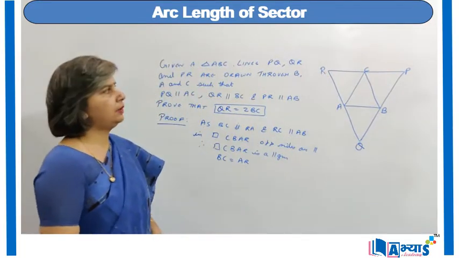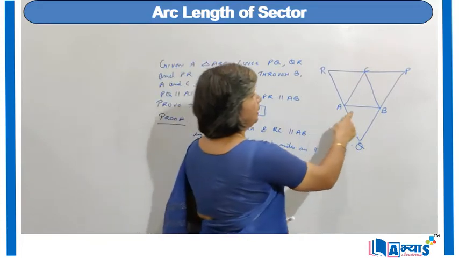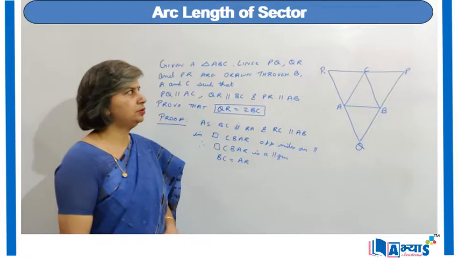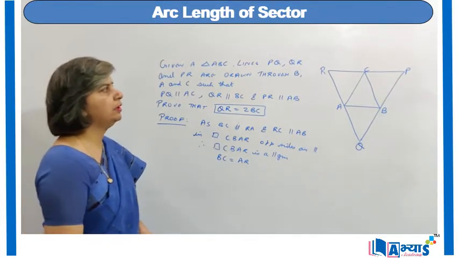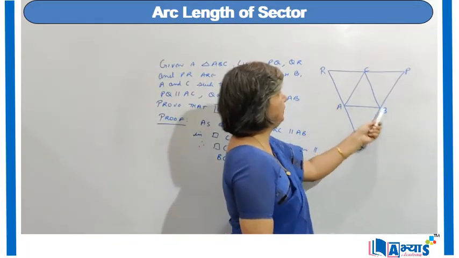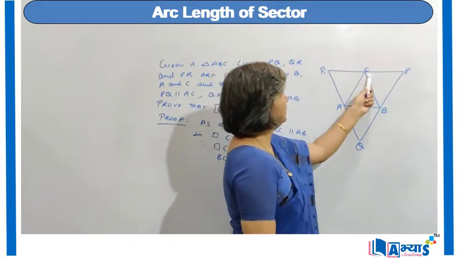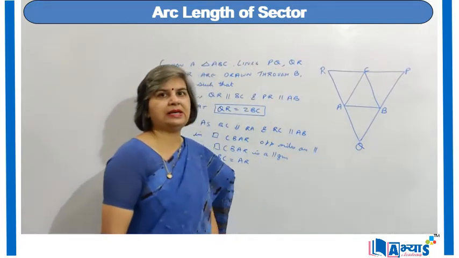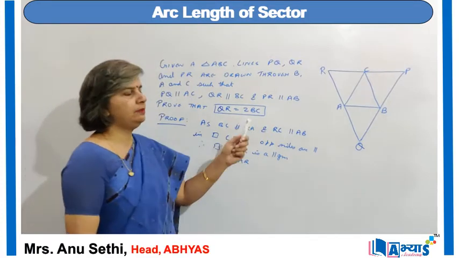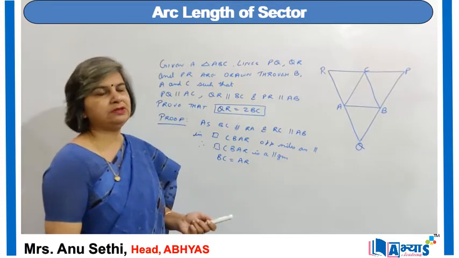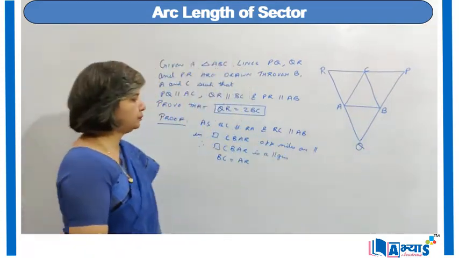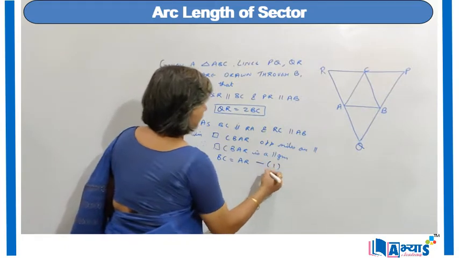Now BC is parallel to RA, similarly RC is parallel to AB, because PR is parallel to AB and RC is a part of PR, so we can say that RC is parallel to AB. Now in quadrilateral CBAR, CB is parallel to RA and RC is parallel to AB, as both the opposite sides are parallel to each other, so CBAR is a parallelogram. Now when CBAR is a parallelogram, opposite sides will be equal, so we can say that RA is equal to BC. Let us mark it as equation 1.